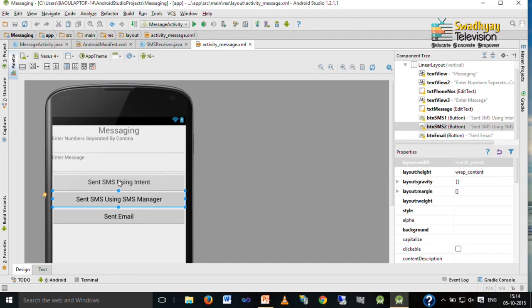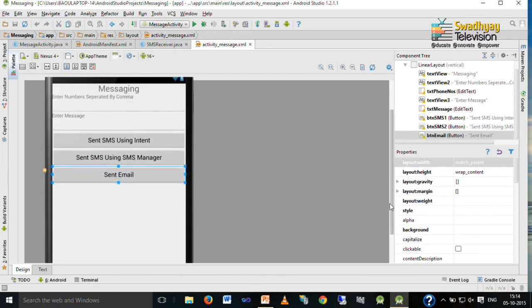One is using intent and another using SMS manager class. And when you want to send email, you have to press this button and it will ask you to choose from the available applications which application you want to use for sending email, whether it is Gmail, email, Ymail or any other email application.